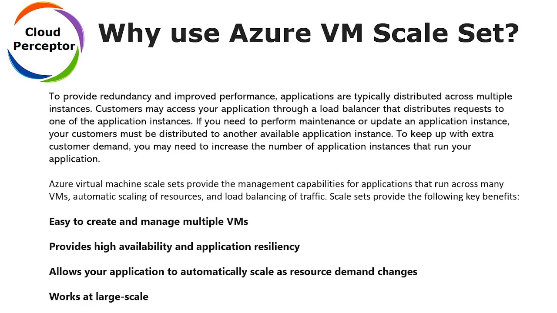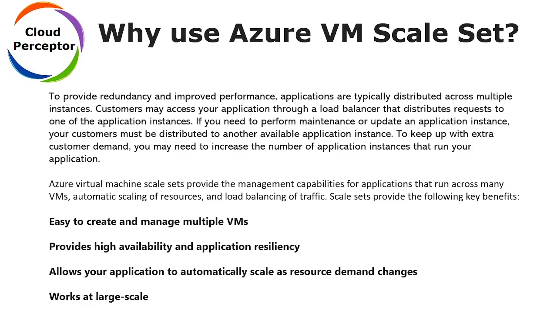So, why should we use VM scale set? We should use it to provide redundancy and improve performance. Applications are typically distributed across multiple instances. Customers may access your application through a load balancer that distributes requests to one of the application instances. If you need to perform maintenance or update to an application instance, your customers must be distributed to another available application instance. To keep up with extra customer demand, you may need to increase the number of application instances that